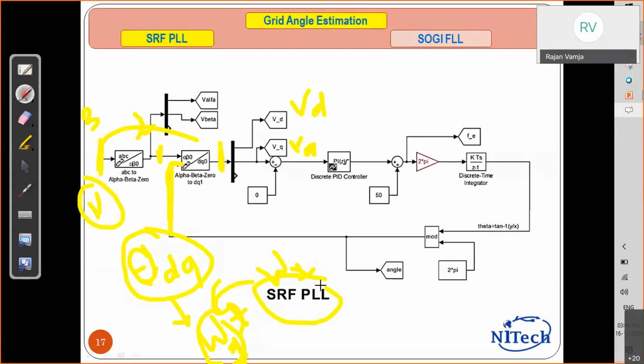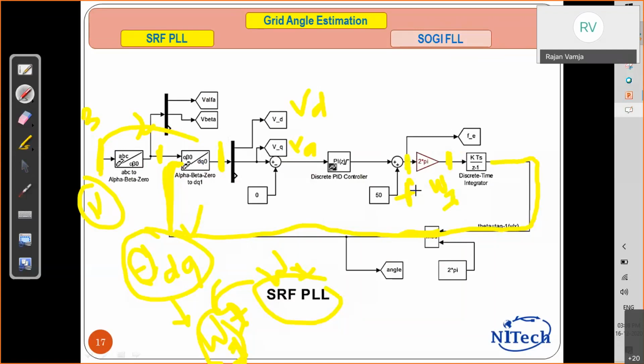That is to control the d and q axis. So that rotation we are giving here, at what speed it should rotate and from which position it should rotate, that is given by this. So this is the angle that is the integration of omega 1. So how are we deriving omega 1? Omega 1 is derived from some f. So f into 2 pi is nothing but your omega.